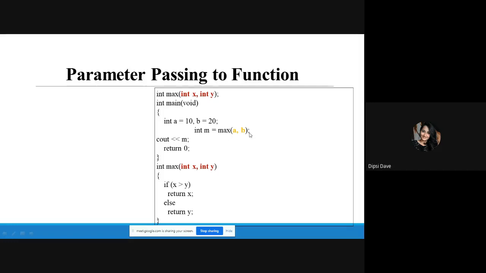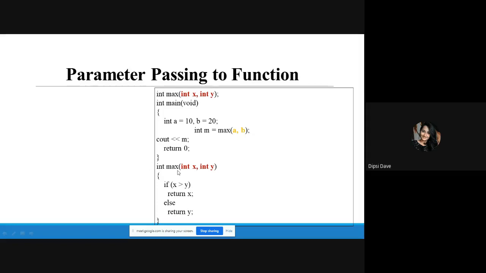Over here I'm calling the function max with both the variables a and b, and you can see that the function max is returning integer data. To catch that integer data returned from the max function, I need an integer variable. That's why I have integer m equals max function call, right? Whatever the max function returns will be stored into local variable m and printed on the screen. So whenever the function is encountered, what will happen?